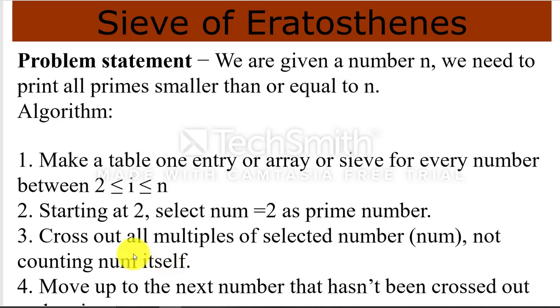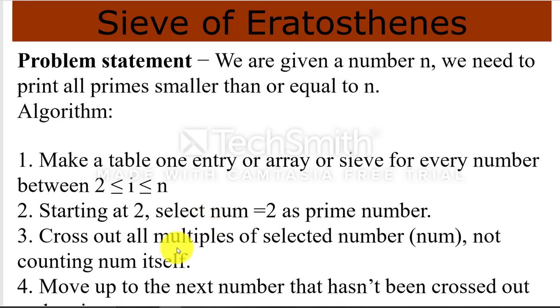First select the first number. As you know, 2 is your first number and definitely it is a prime number. So select 2 as a prime number. Let us assume that 2 is a prime number, and filter out all the multiples of 2 in the range after 2 to n. So the multiples of 2 are 4, 6, 8, 10, 12, 14. These are filtered out from the sieve, or from the array. So all these numbers are filtered out.